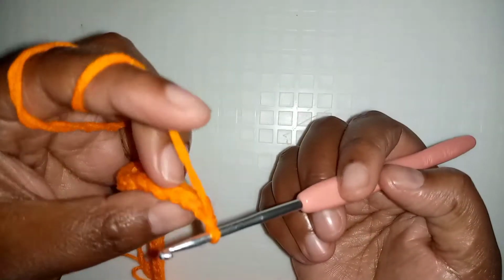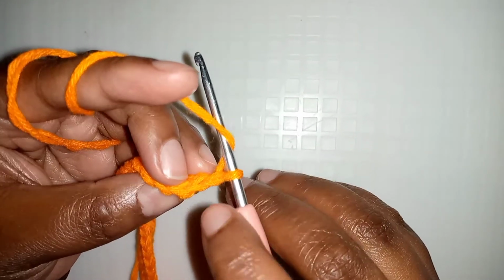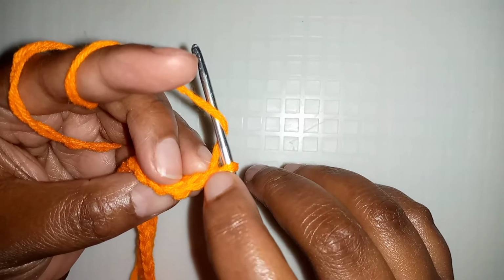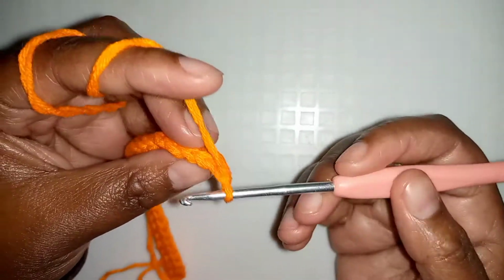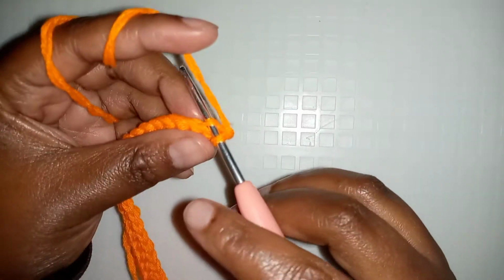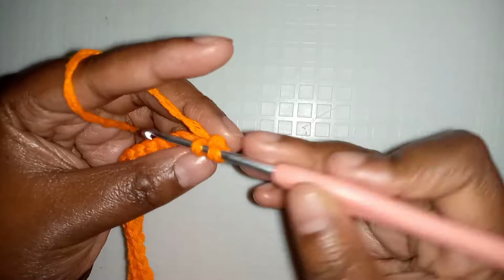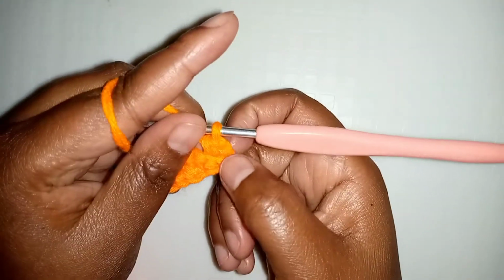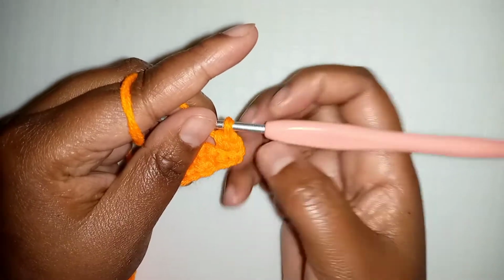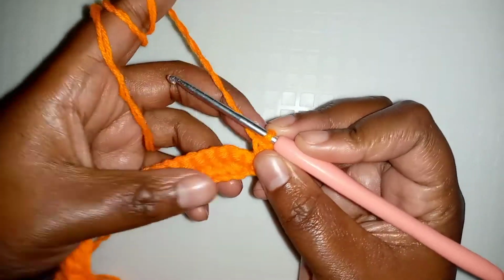and we repeat the row that we have just done. Skip the first chain here. This is the chain 1 that we have done, and this is the first stitch, so you skip that, and to the next we make 2 single crochets to increase, and that makes 3. Always remember the first chain we skipped counts as our first chain. 3, and we continue until we have 15,